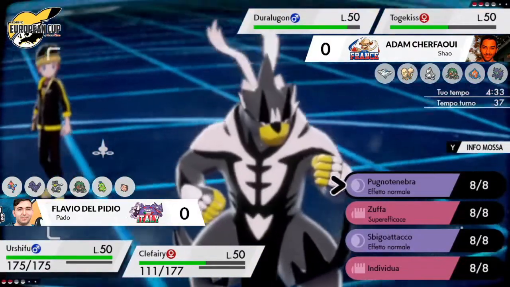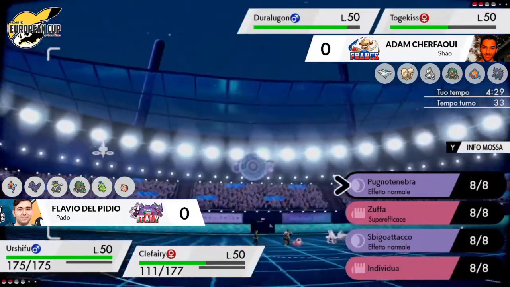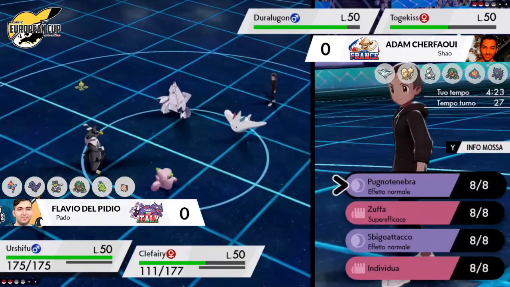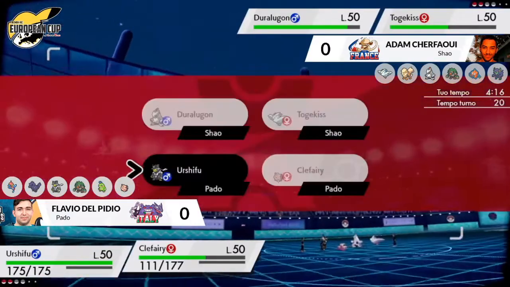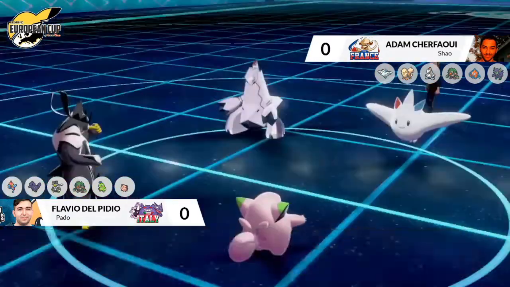Very good against the Duraludon, being able to threaten with some big Close Combats. But then the Duraludon has also gone for that Max Steelspike to increase its defenses, so it may be able to survive that Close Combat. And you still have to be wary of the Follow Me from the Togekiss as well, if you wanted to be going for that. But the Togekiss could also just go on the offensive with a Dazzling Gleam, bypass any Follow Me's that could come out from the Clefairy, and do a huge amount of damage to that quad weak